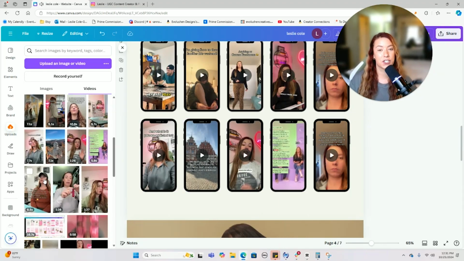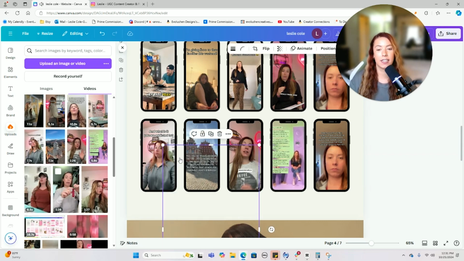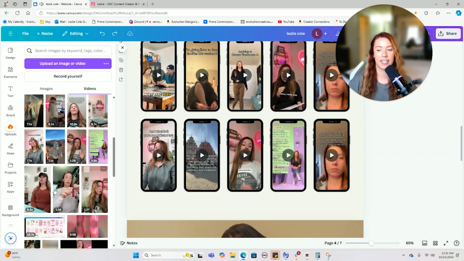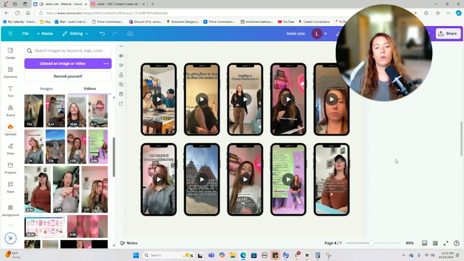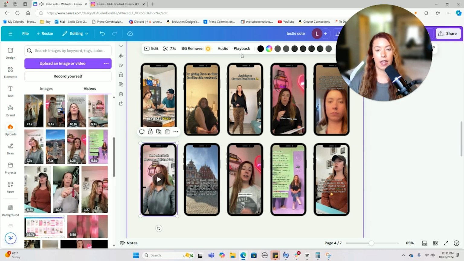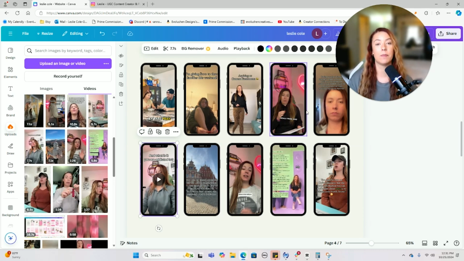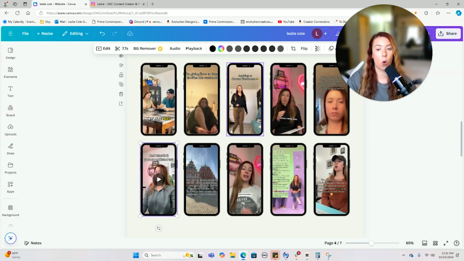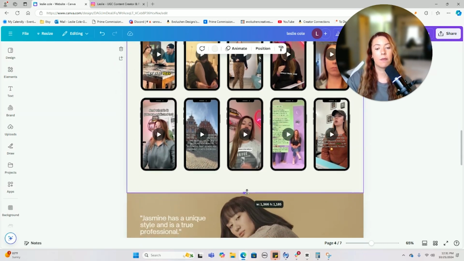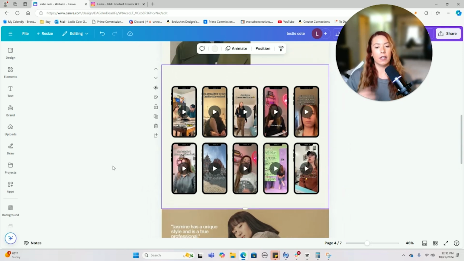Also, if you ever do what I just did, just Control Z. If you accidentally put it like on top of things, just Control Z to get it to go away. But now we have 10 different videos, and they all are not play automatically because we obviously copied these elements that did not have the play automatically playback button toggled on, okay? So feel free to put whatever you want in here, as many as you want. I recommend in a portfolio like this, not to overwhelm your potential clients, put the 8 to 10 best videos